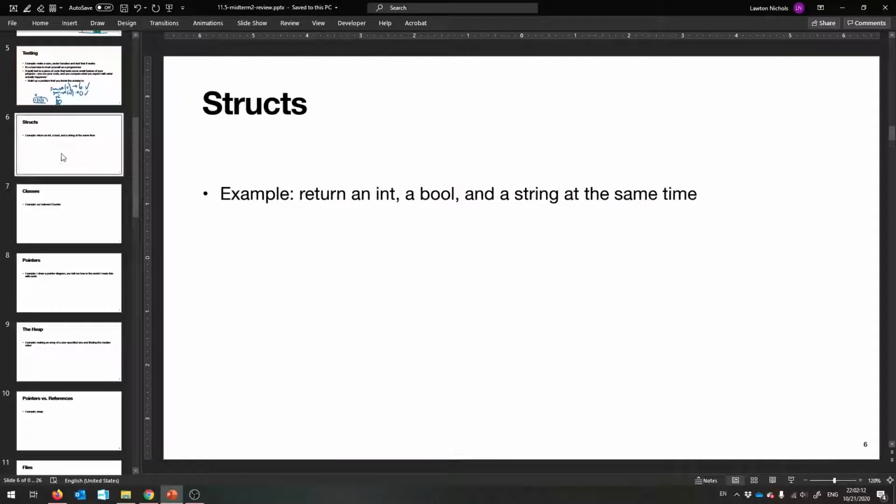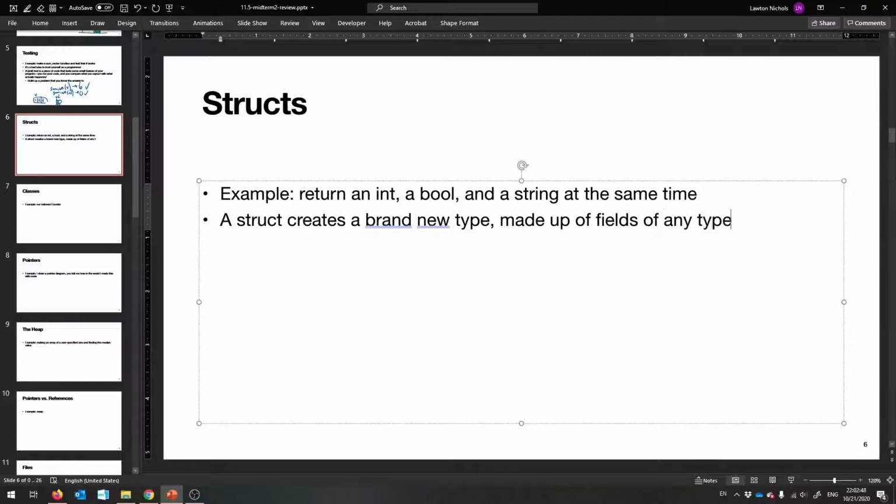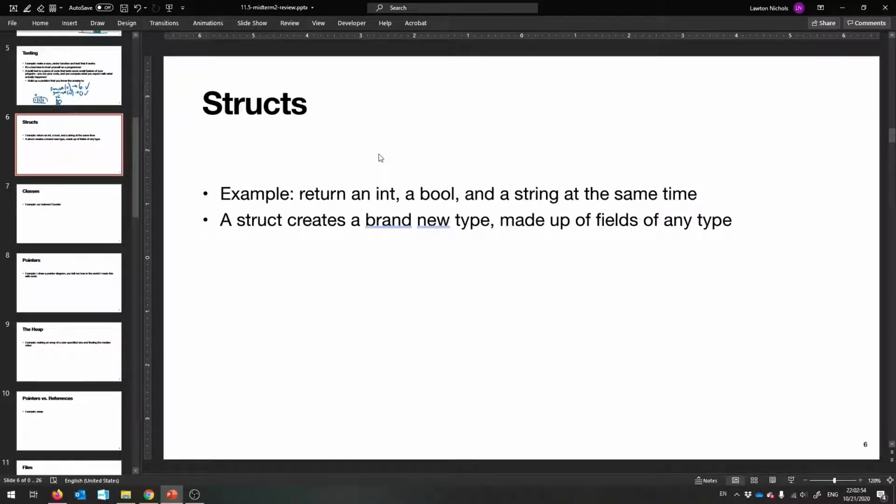All right, done with testing, time for structs. So here's my example. We're just going to return multiple things at the same time. That's one thing that structs are good for. Just remember that a struct is when you make a complicated type. A struct creates a brand new type made up of other existing types, potentially including the one you're just making. Fields of any type. So if I want to return an int, a bool, and a string at the same time, I can make a struct, maybe called